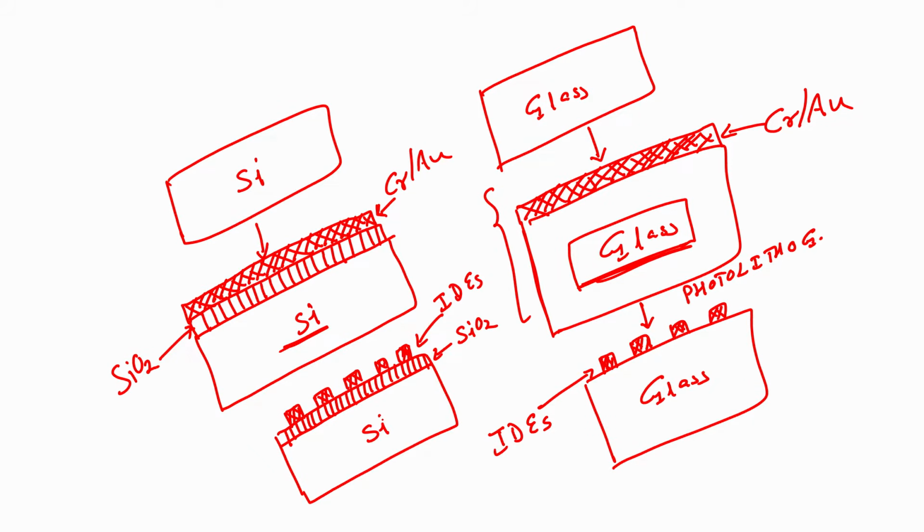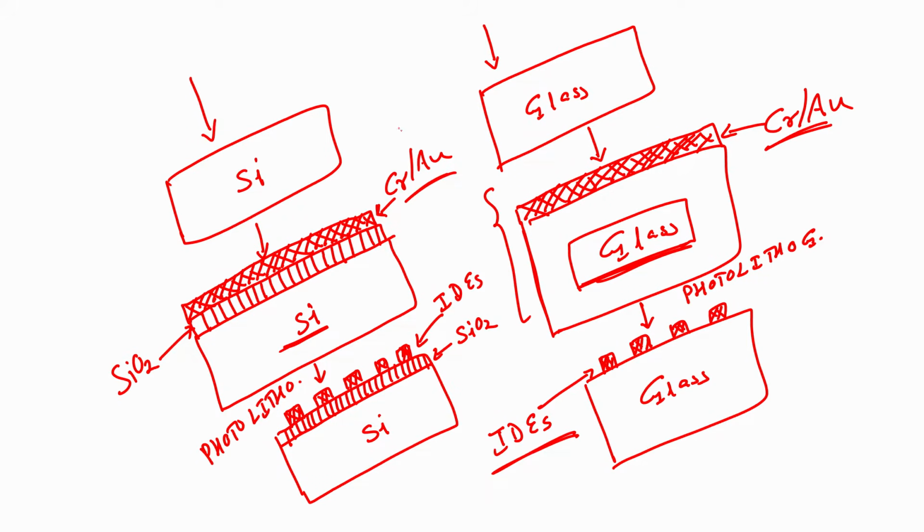You got it? Now, do not worry about how the photolithography is performed, that I will teach you. Right now, just understand that if I want to use silicon as a substrate, or glass as a substrate, what is the difference? Glass being an insulating material, I can directly deposit a metal, right, and perform photolithography to fabricate interdigitated electrodes. In case of silicon, since silicon is a semiconductor, I need to grow an insulating layer over which I will deposit metal, right, and then I will perform a photolithography to form interdigitated